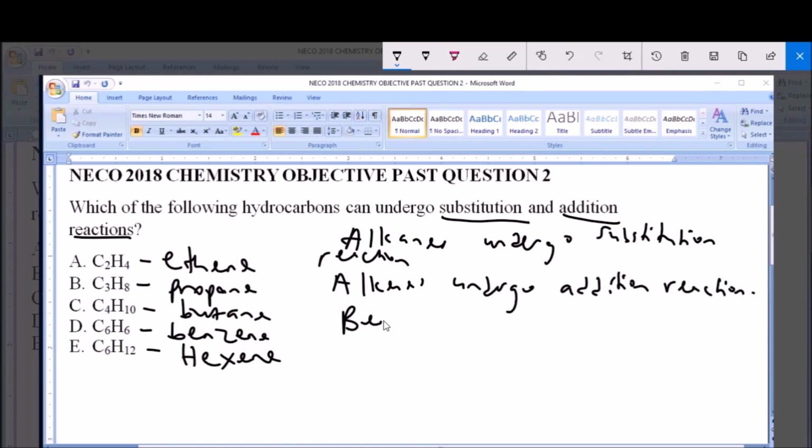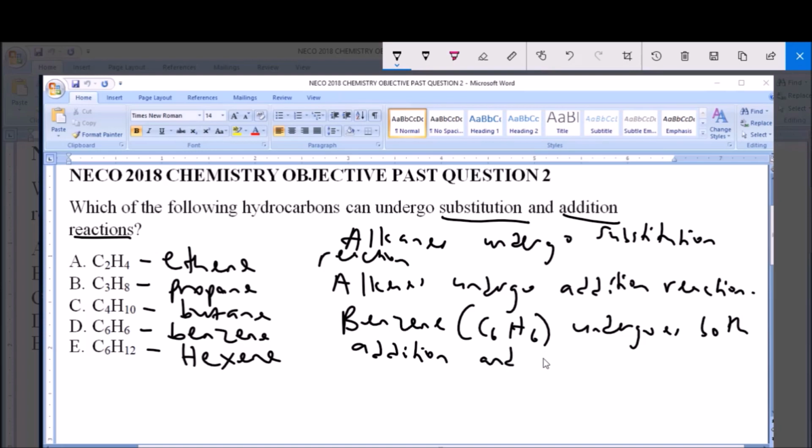Meanwhile, benzene, that is C6H6, undergoes both addition and substitution reactions. An example of the addition reaction involving benzene is formation